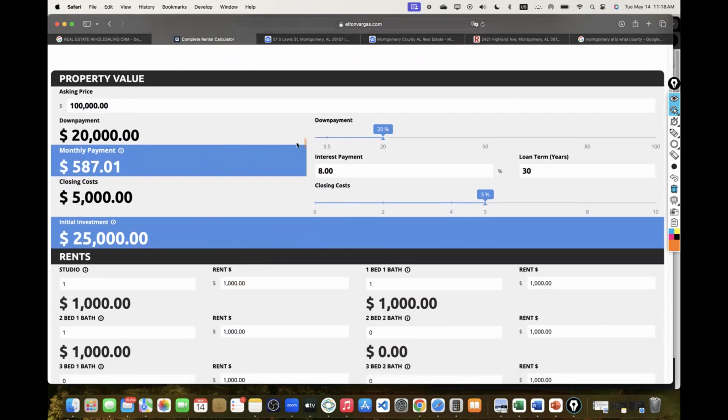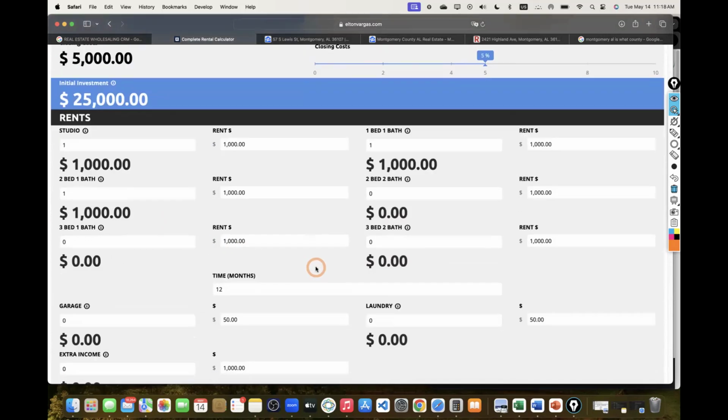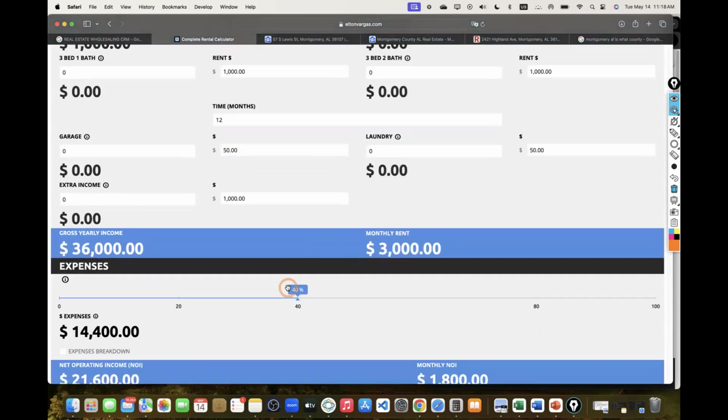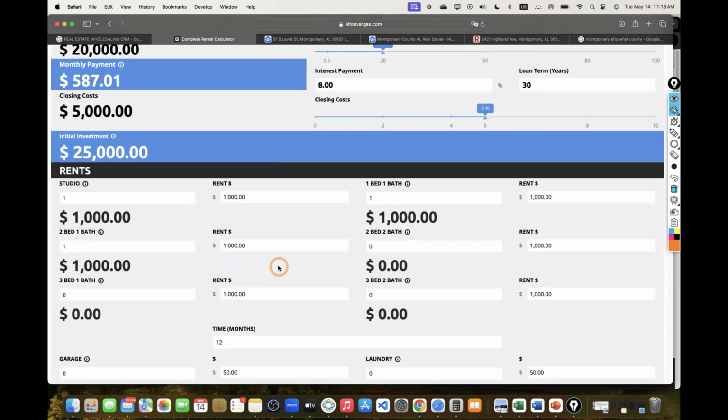The way property works is you get the property under contract, and you probably get financing, if anything. If you have the cash, that $39,000 cash, honestly, this is a great opportunity. Then there's the rent, the rental, and then the expenses. And then of course, let's break down the analysis really quick.